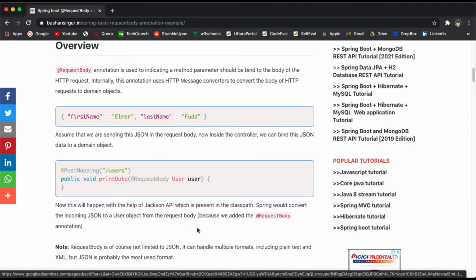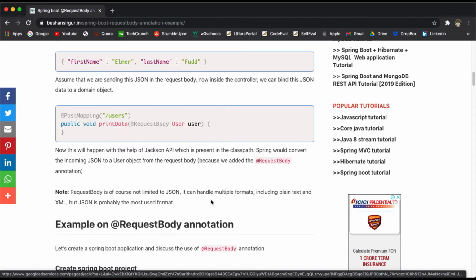Again, to understand this exactly, we have to look at the example. How this happens is with the help of Jackson Databind. Once we add the Spring Starter Web dependency, it also adds Jackson Databind, and Jackson Databind will bind the request body to the domain object.